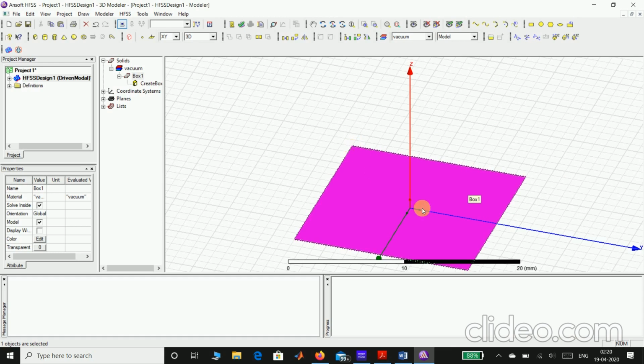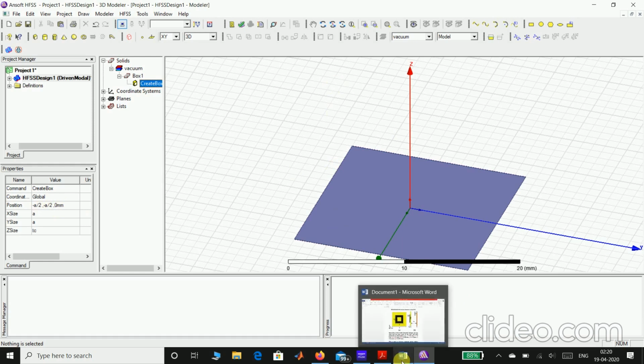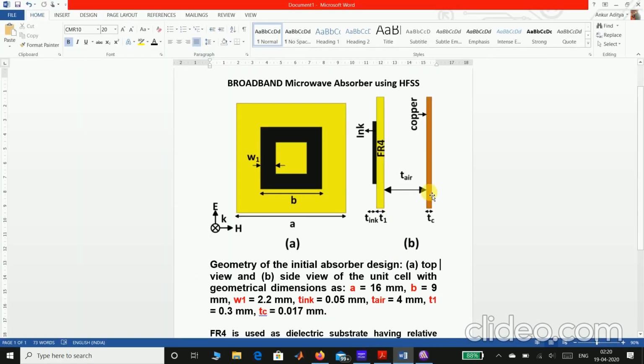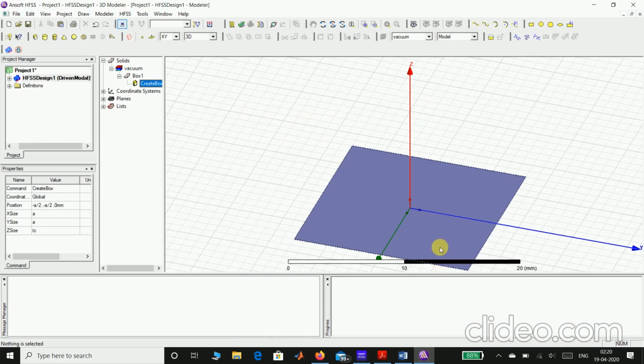And what about the z axis? I'm keeping it at the z equals 0 plane, so that's why I'm taking it as 0 mm. Just to keep it symmetrical for myself, I'm making it easy to draw the other boxes. So I'm taking minus a by 2 comma minus a by 2 comma 0 mm. Okay, so now the second block is about, first of all, let me assign a material to it.